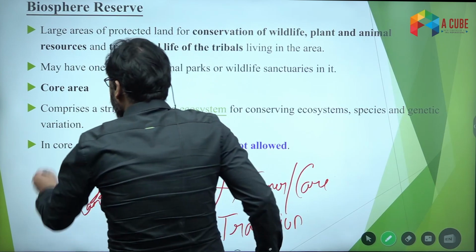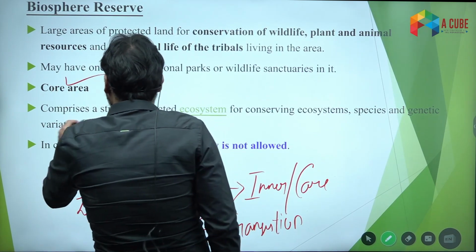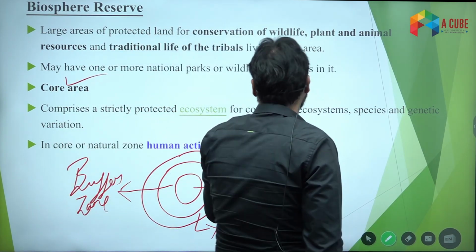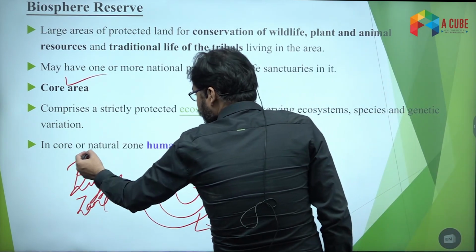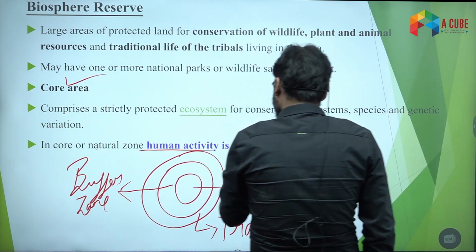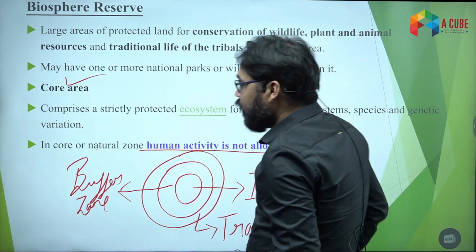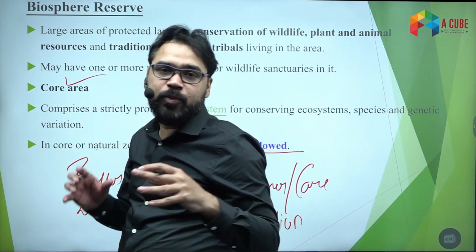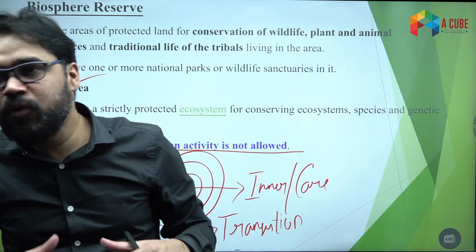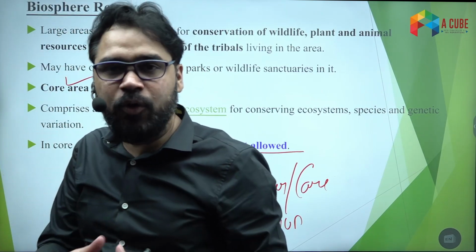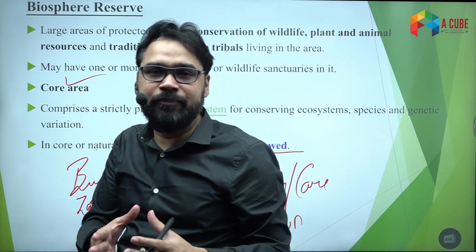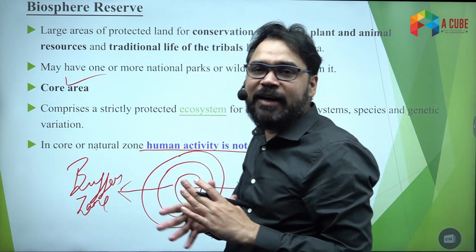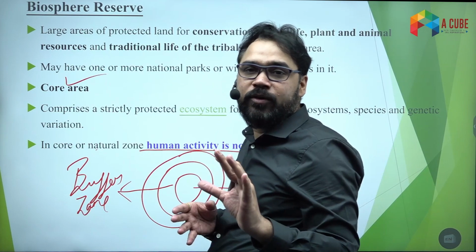So, what exactly is a core area? It comprises a strictly protected ecosystem for conserving ecosystems, species and genetic variations. In the core or the natural zone, human activity is absolutely not allowed. The core area is the most protected. The number of rules and regulations present in the core area are the maximum, right? And no kind of human activity is allowed except